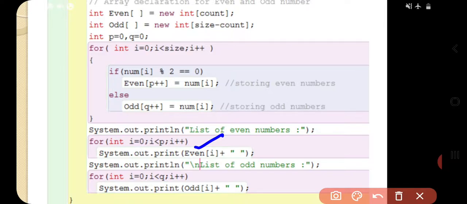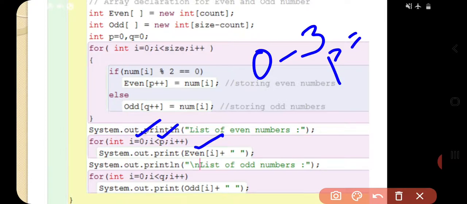The size of the even array is p. That's why I started from 0 to 3. The value of p is 4. See, one by one, every even number is going to be displayed with a gap.